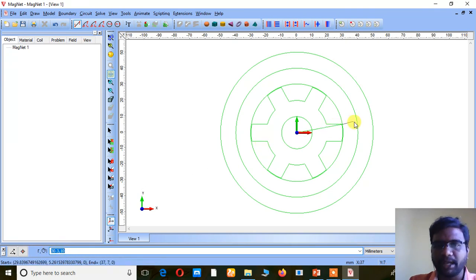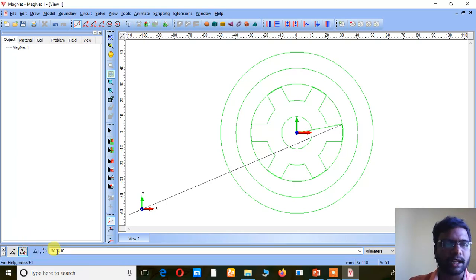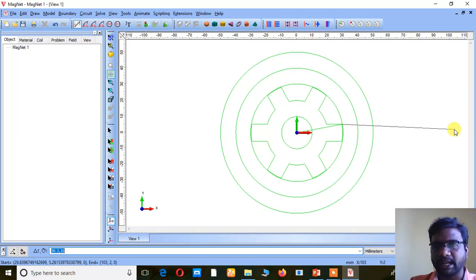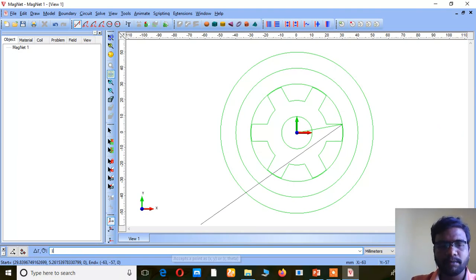Again, now I am going to consider this point as the origin point. So I am going to convert r comma theta to delta r comma theta. Now I want to draw a line towards the forward direction. Forward means it is positive. So I am going to give 50, 0, again parallel to the x-axis. So I just drew this line.